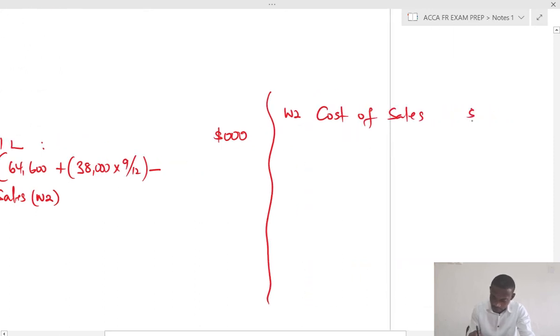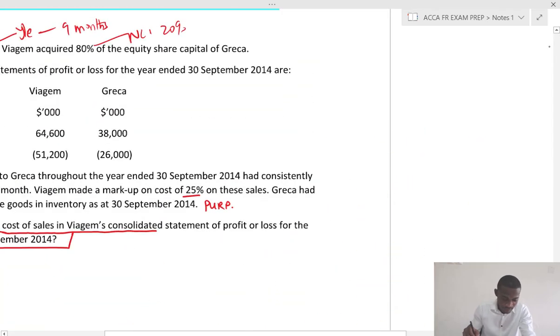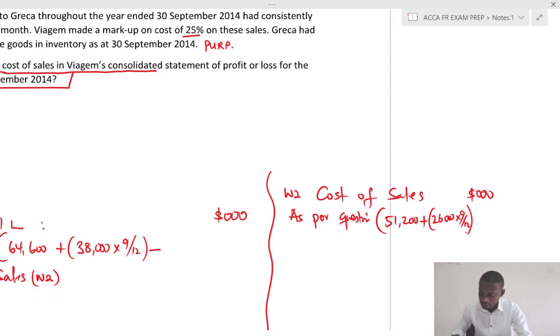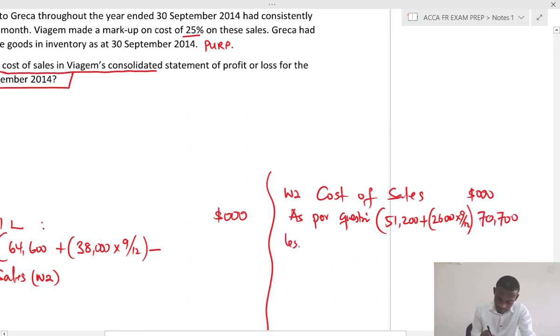So this is also in thousands. So what I'll do is to say as per question. So I'll go up and pick the values. I had 51,200 plus 26,000, and this should be time apportion 9/12. So let's check that. 26,000 times 9 divided by 12 plus 51,200. That should give us 70,700. Then we say less